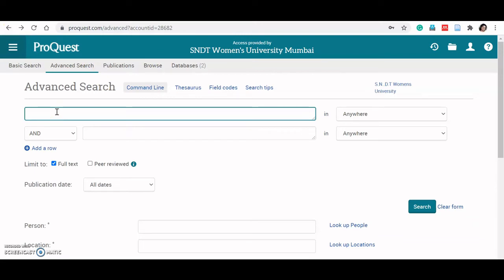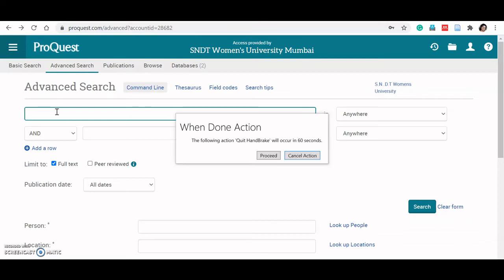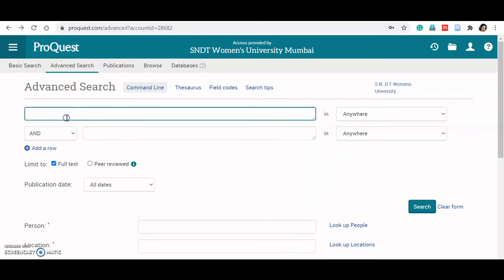Mostly in the case of names which are written in different ways, this author search is very useful. Suppose the author is consistently using the same style of writing the name, that is only the first name and the last name, but not opting for the middle name, then this author search is more useful.